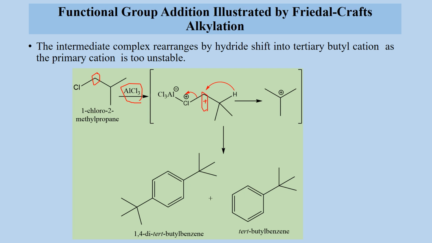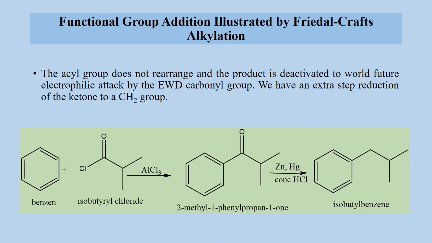is formed as an intermediate, but this hydrogen along with its electron pair, that is a hydride, is shifted to this carbon, so that the more stable tertiary carbocation is produced by the rearrangement of the primary carbocation. So the actual product is 1,4-di-tert-butylbenzene or tert-butylbenzene. That's why this disconnection does not work. So if instead of that alkyl halide we use this acyl halide